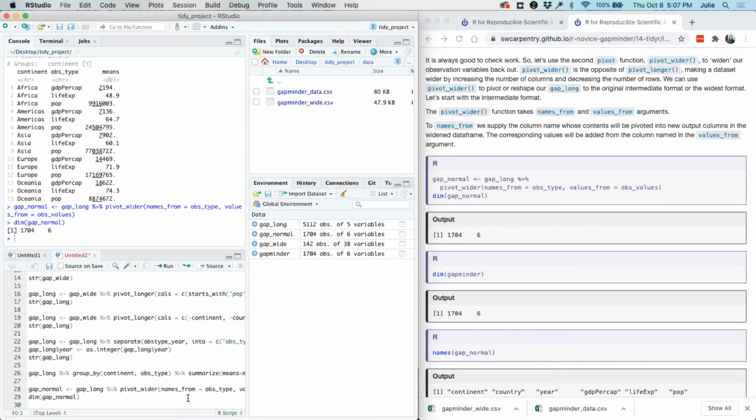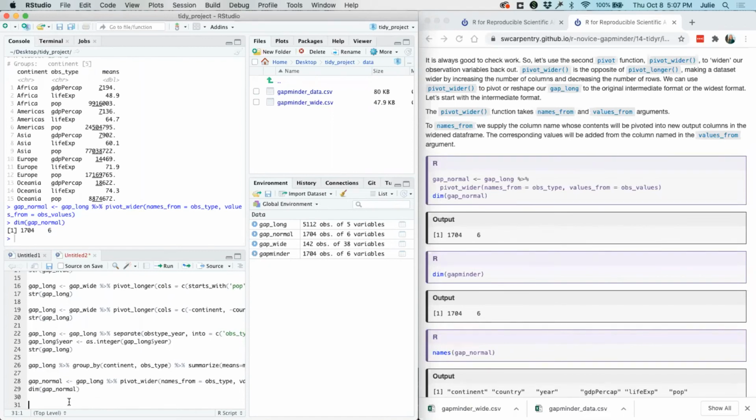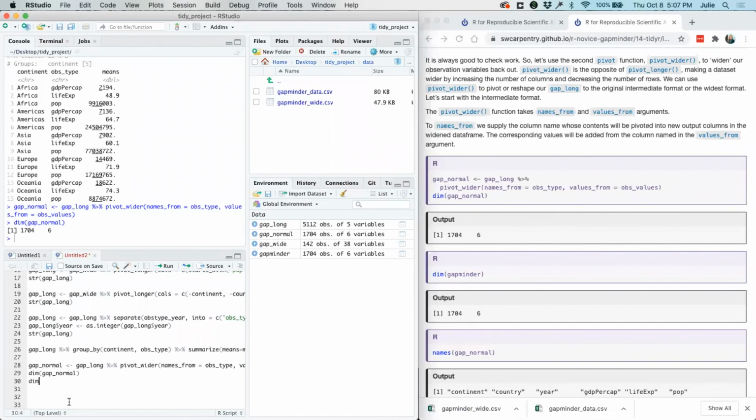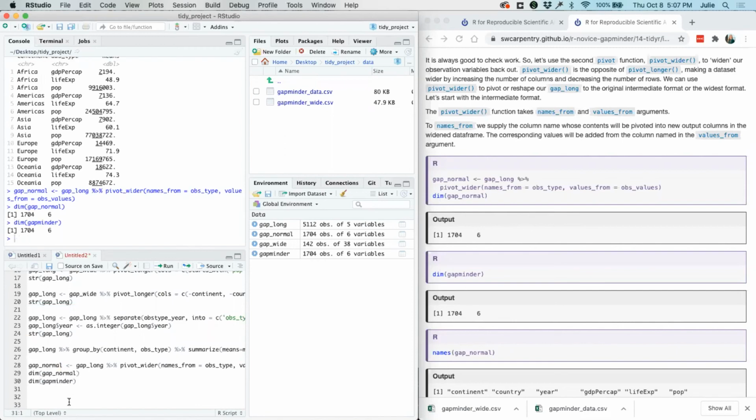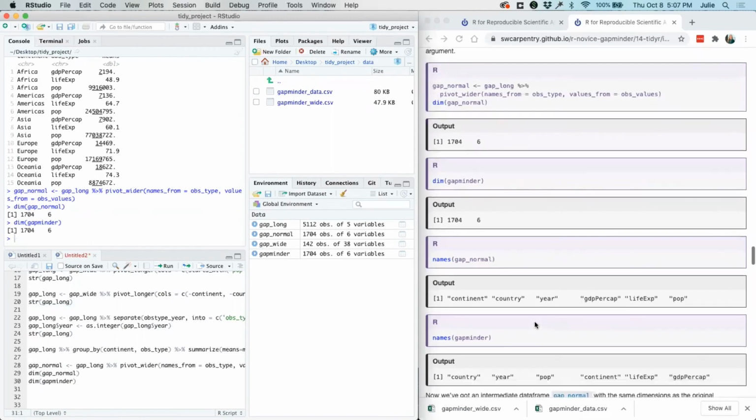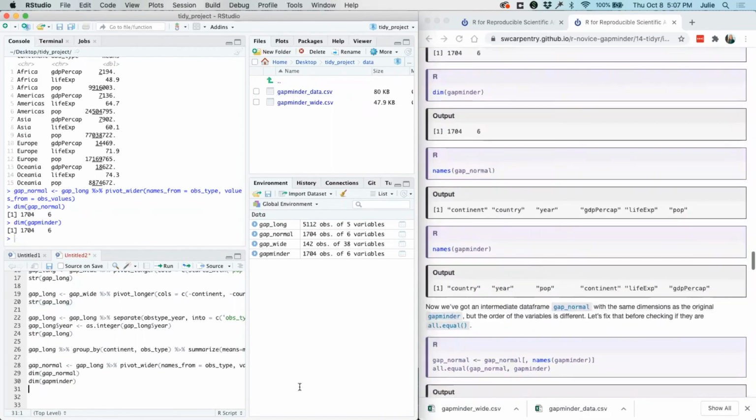We can compare this. We could either do this in the console, or we can look over in our global environment and quickly see that the gap normal and the Gapminder are very similar. But just for sake of demonstration, we'll look at the Gapminder using the dimensions, and we see that it's the same.